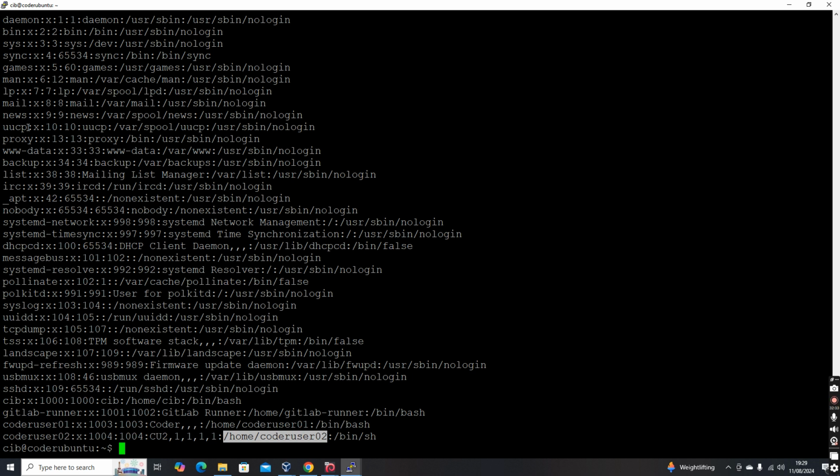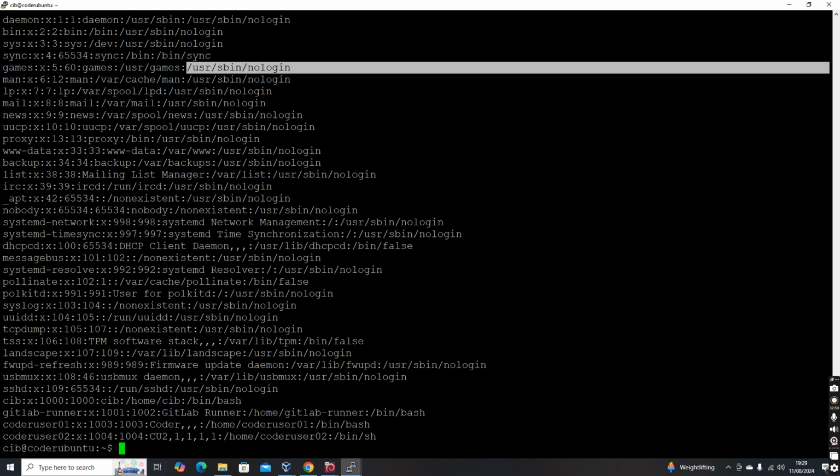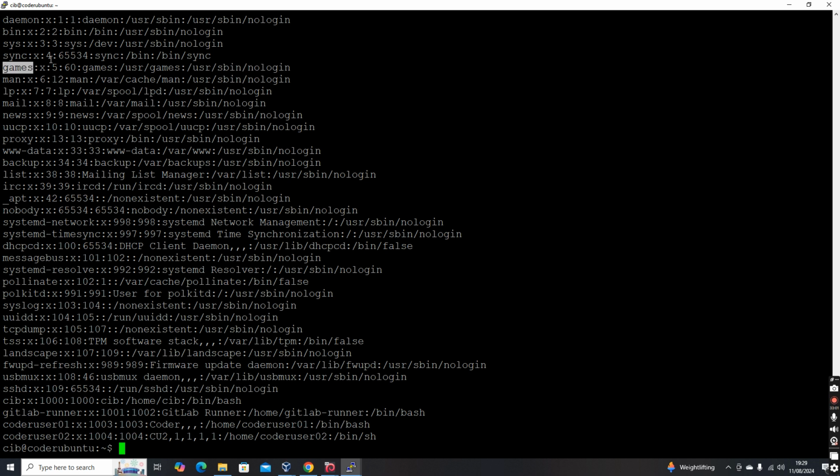In this /etc/passwd, you can see some users where we don't have a shell, there is no login. That means we cannot log in as this user. The only thing is we can use this as a service user for running some programs or applications. That's why you see several users, like www-data, which is related to web servers. There are several users here which don't have login access, but we have users like this. That is mostly used as service accounts for programs or processes which are system internal. We can also create users like this.